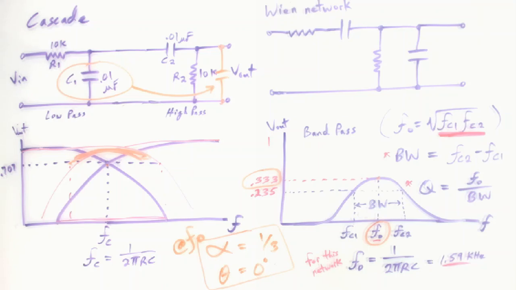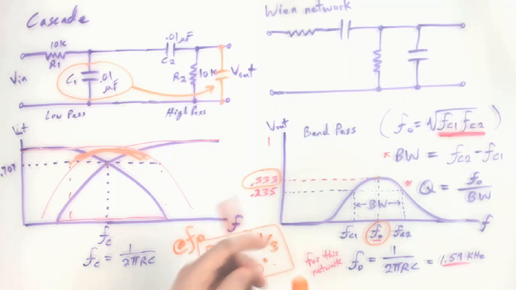They both behave identically in terms of all this stuff. And there might be some other attribute that might be different. But as far as the bandpass function, the center frequency, and things that are true about our bandpass circuit that we talked about, it's all true for the Wien network, which is more the classic circuit that you do